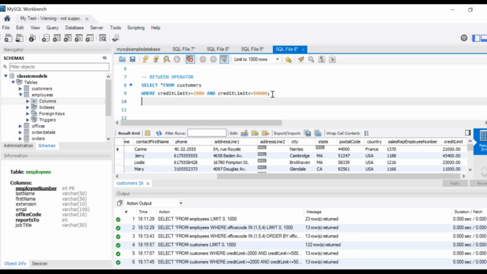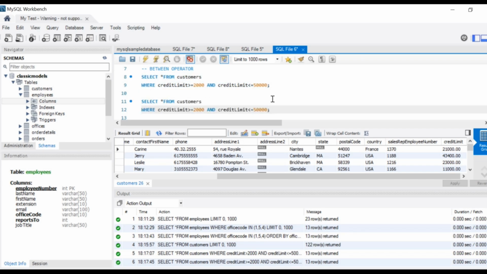Now just imagine that I have to put all of this again. I have to put a greater than sign and then an equal sign and then the limit. There is another way. We will use the operator which is called the between operator. So we are going to use that now in order to find the same result. So where credit limit between 2000 and 50,000,